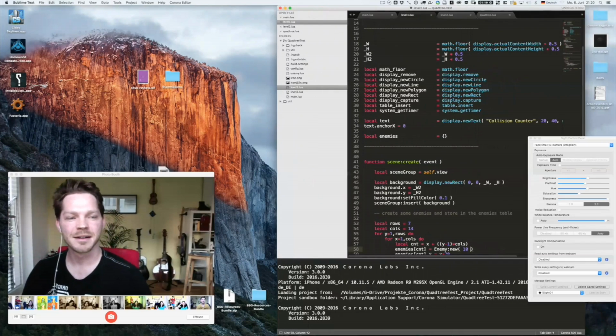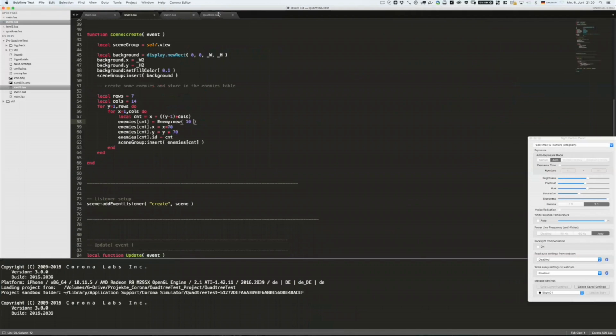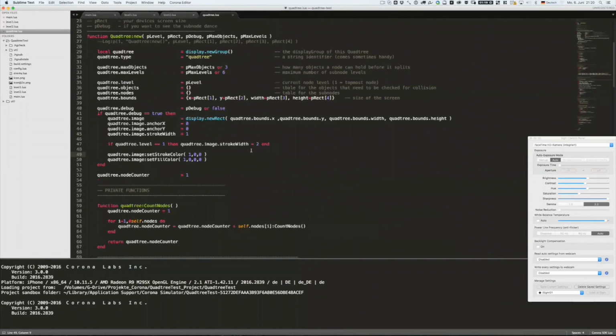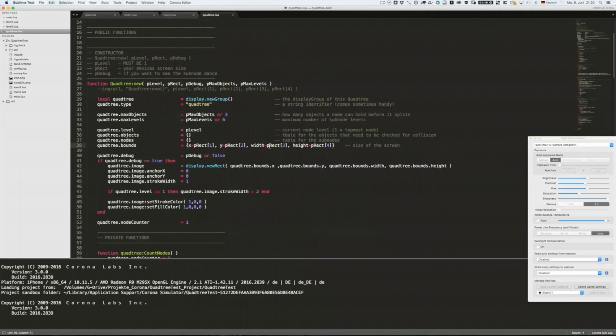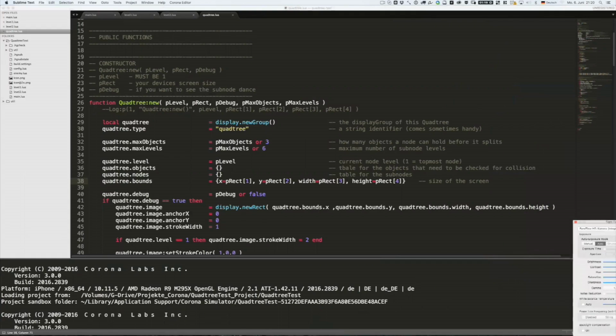So how does the code work? Yeah, I have. And can you bump up the font just a little bit more, please? Even more. Can you see now? Yes. Okay. Much better.